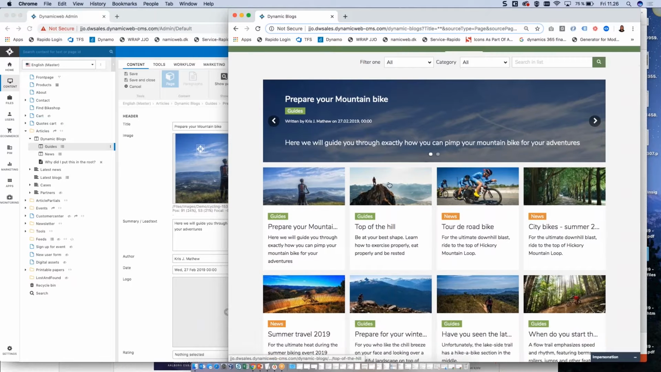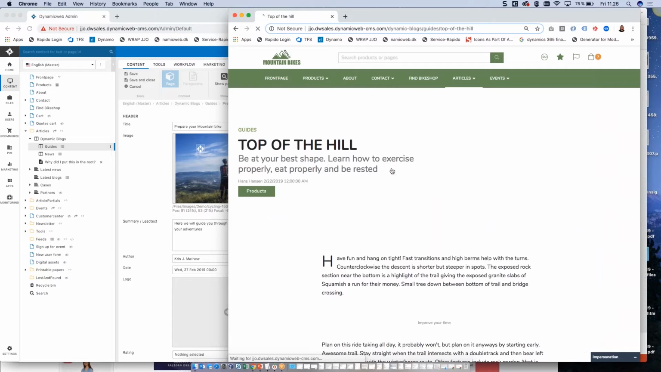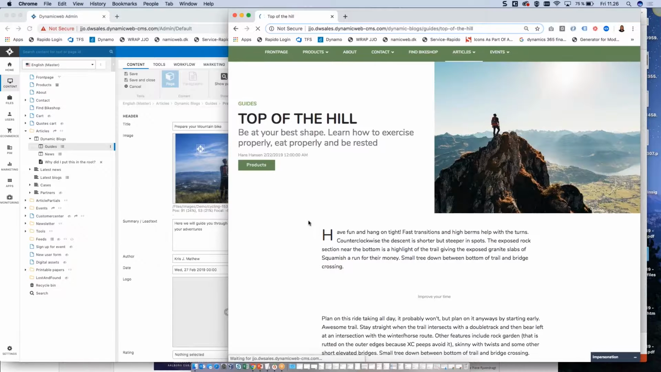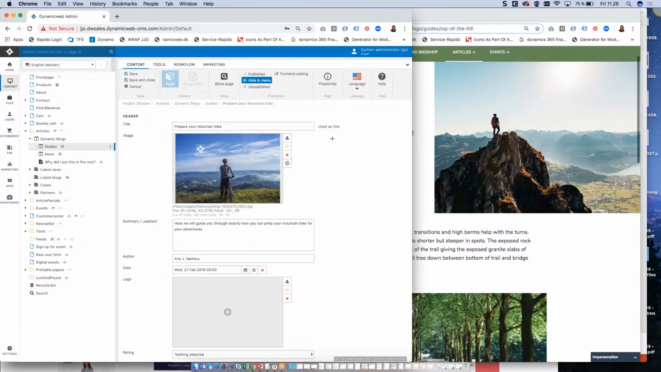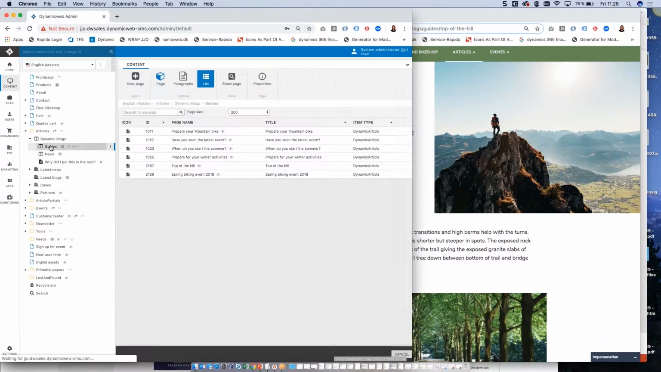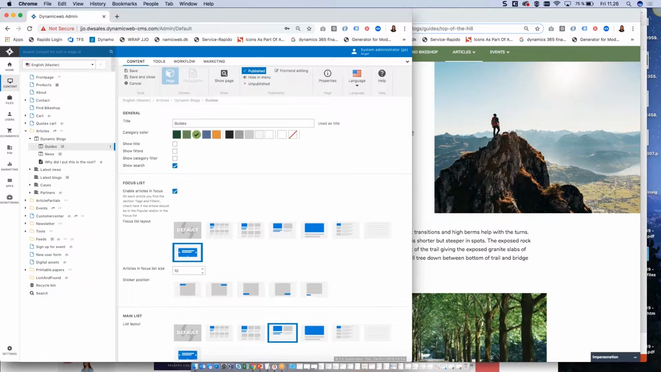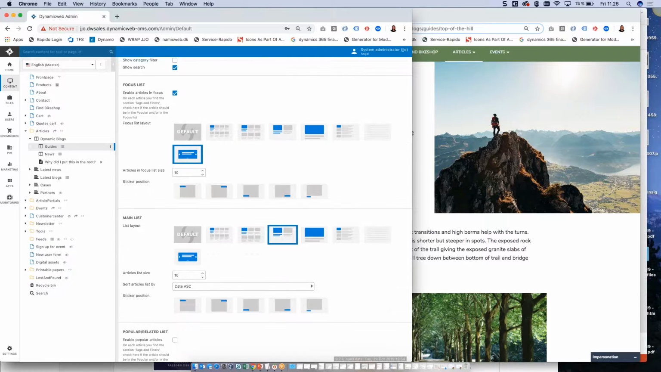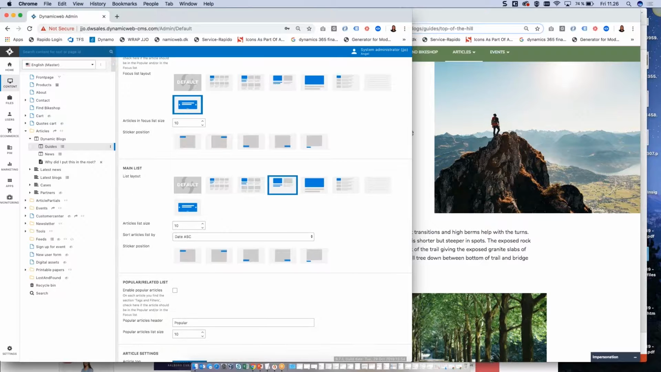And besides the list itself, you can edit the look of the article. So right now I am in guides. If you click here on page and go down to the article settings,